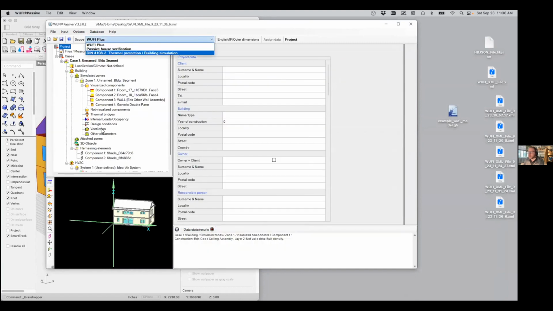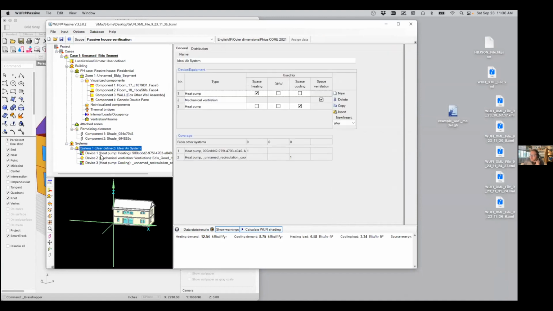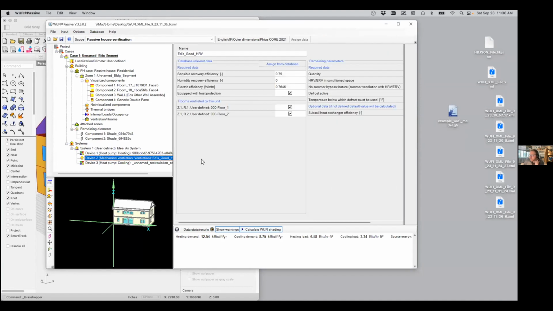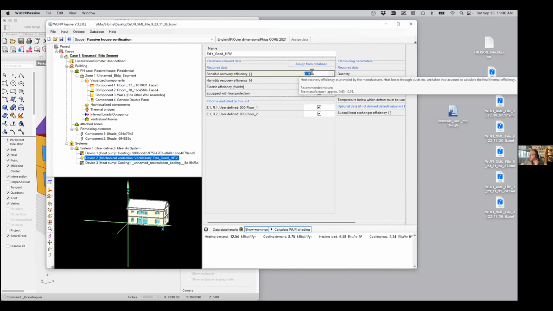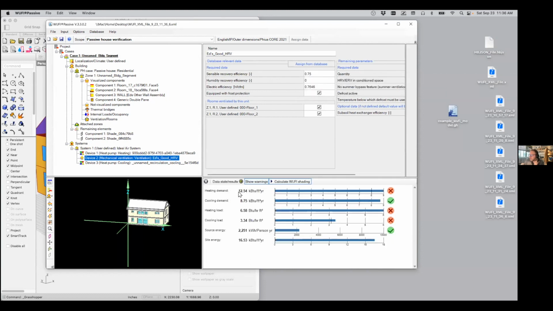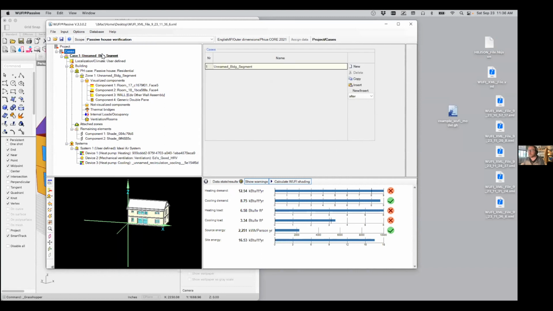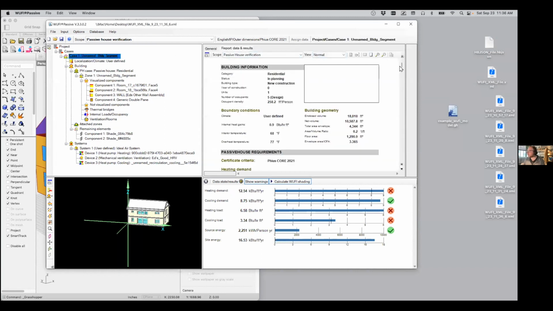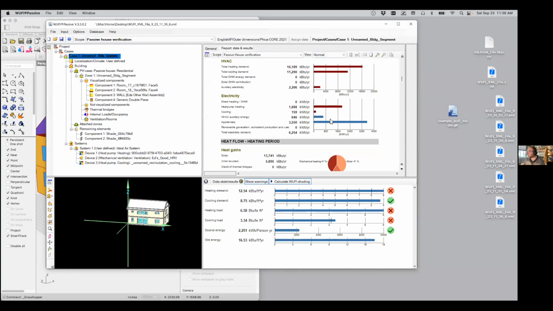And so now, if I come down here and look at my systems, and I look at my ventilators, there's Ed's Good HRV, and notice now we are at 75% heat recovery. And if we take a look at our total heat demand, now we're at 12. So getting a lot better to 8. We're getting a lot closer to 8, right? We're doing much better. If I come back up to my case, and I come down and I take a look at my